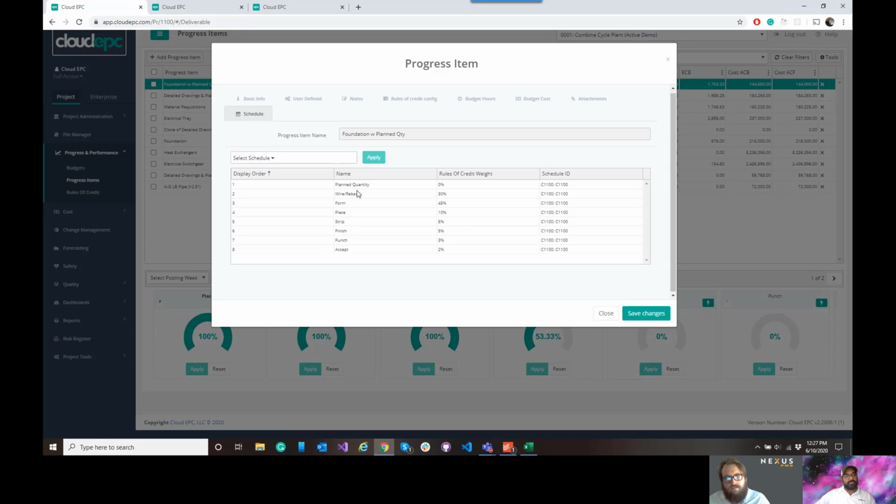And so if we were to think about this as a level 4, level 5 level of detail that's getting loaded from a work package perspective, in Primavera, we have our level 3. And so maybe that's foundation, area 1 foundations, and in Cloud EPC, the progress items would be each foundation in area 1, and then the rules of credit would be each of those steps, like form, rebar, embeds, placement. And all of those can get coded up to a particular schedule ID,